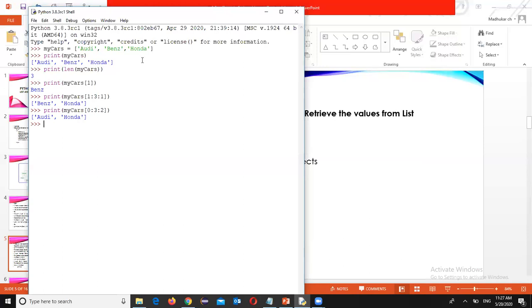Now I want all the values from the list here. We can go for the for each: for X in my cars colon, print of X. So one by one, the for loop is like for each. How many values are there in the list? That many times it goes for the iteration. For each iteration, one by one value is first assigned to the X. Next iteration, again a value is there, again it reads this value and assigns to the X. Again if a value is there, again next iteration. But we have only three values, so the values are going to display to you.